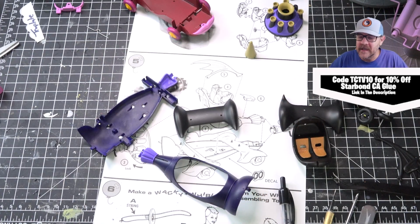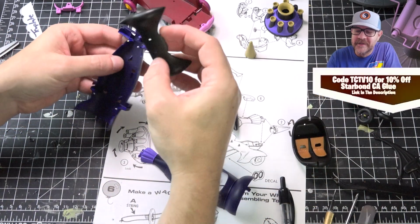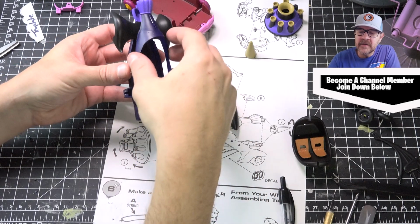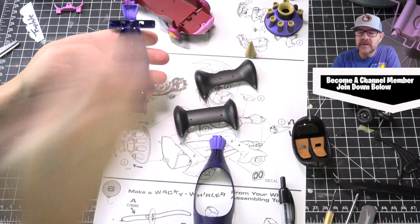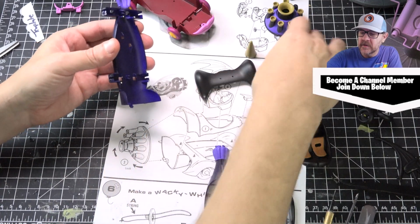Man, I want to get rid of that seam. How can I? Yeah, we've got to put the fenders in here, which now I've broken the thing. We've got to put these fenders in. How can we? There's no way I could. I don't want to. How could we do this? I was like, why is there a gap in there? And I'm glad I noticed because that's where the